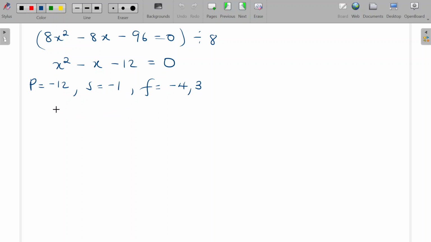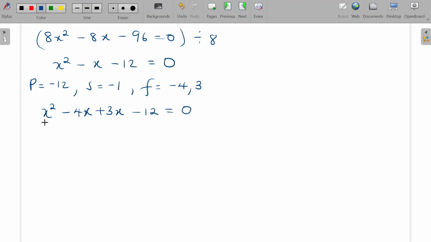As a result, you're going to say that I have my factors. I'll say x squared, which is this one here. I'll say minus, and I'll get the factor, which is negative 4. Then I'll add the x. Then I'll get the other one, which is positive 3. Then I'll just add the x. I'll replace it on this component here. So when I replace it there, I'll say minus 12 is equals to